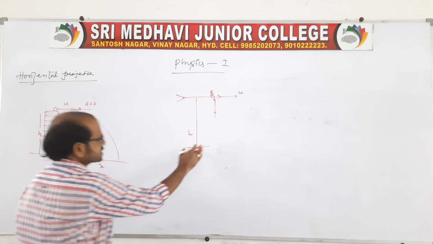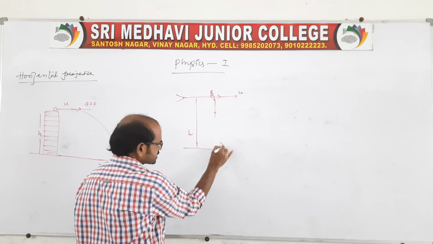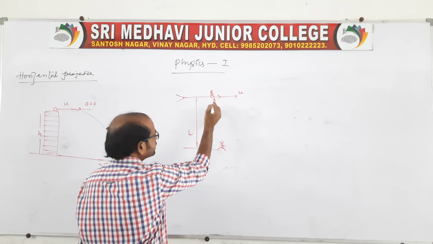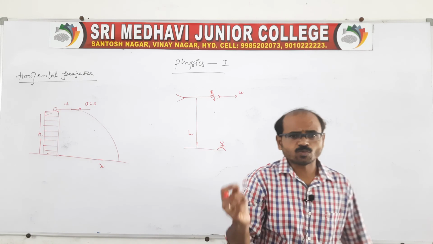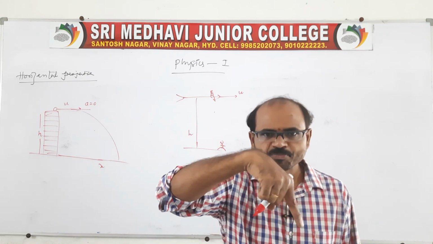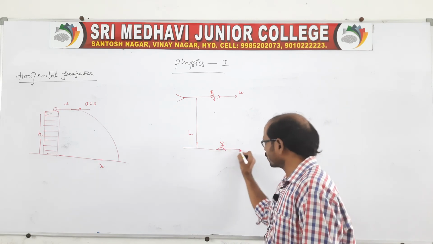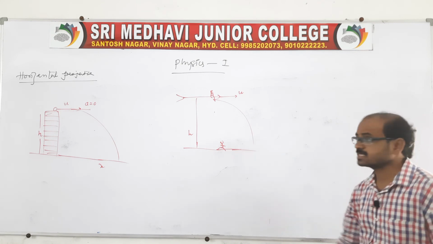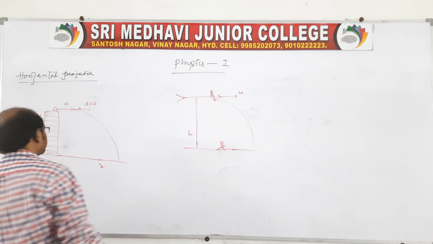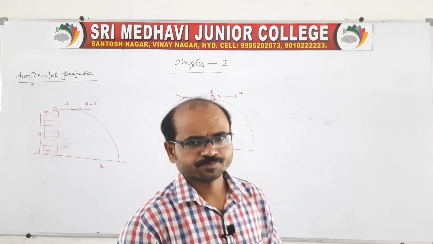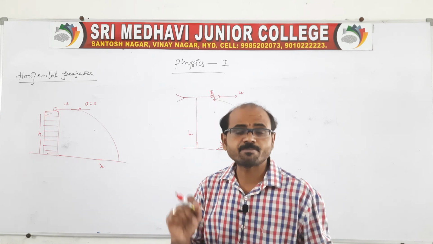See, one person is observing this path. When a body is dropped from the aeroplane and the pilot sees the path of the body, it looks like a straight line, whereas for the observer on the ground it looks like a parabolic path like this. So this we call a horizontal projectile, when the body is projected from the top of a tower of height h. The path of the projectile will be a parabolic path.